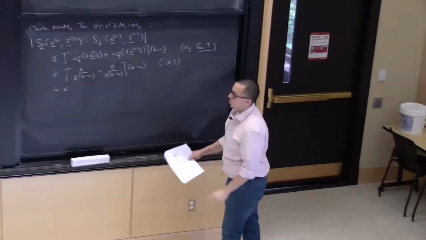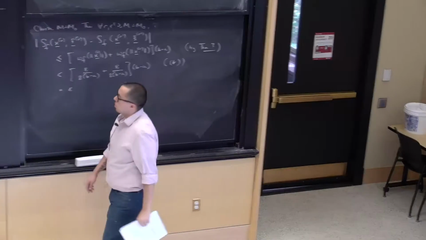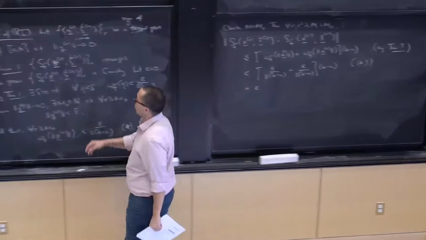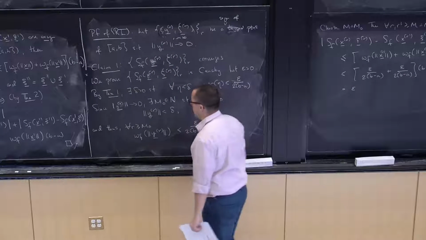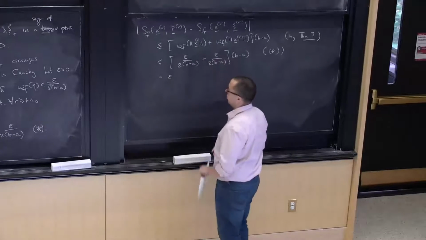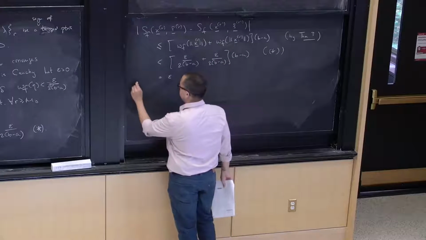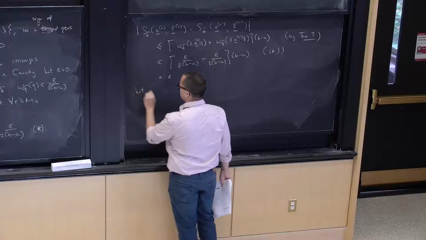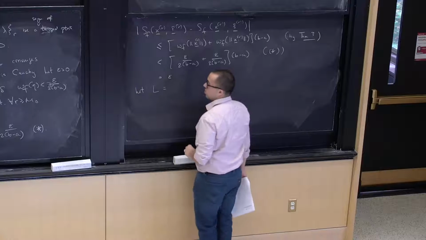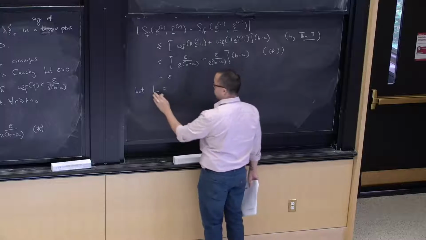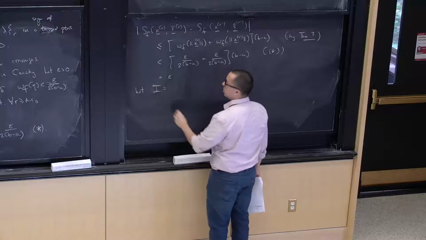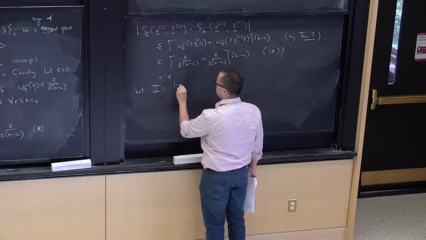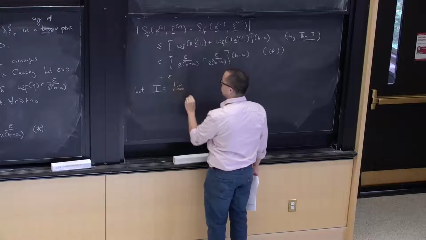And therefore, this sequence of Riemann sums with respect to this one sequence converges. Okay? And so we've proven the claim. Let me call the limit of this sequence something. I'm going to call it L. Or in fact, let's call it I for integral. Let I be the limit as r goes to infinity of